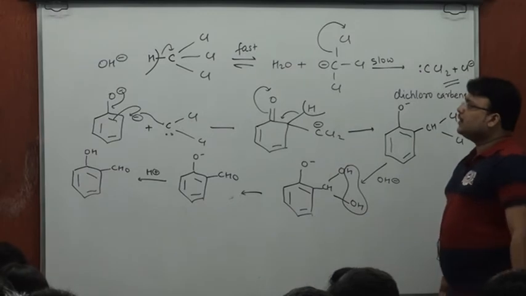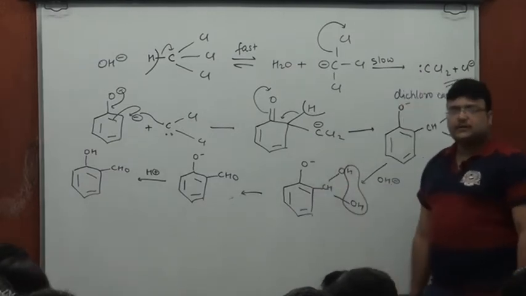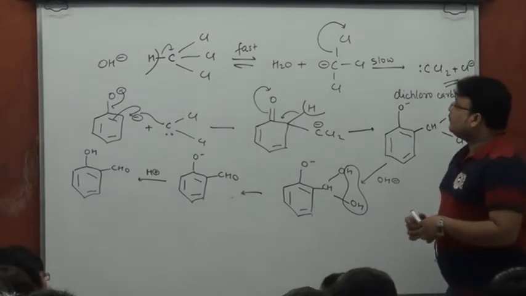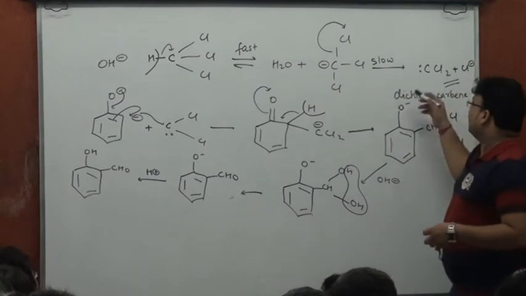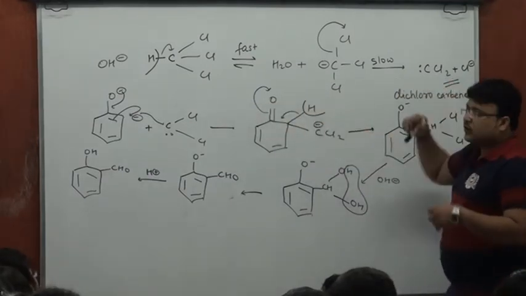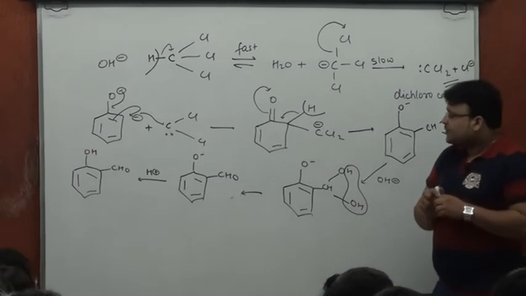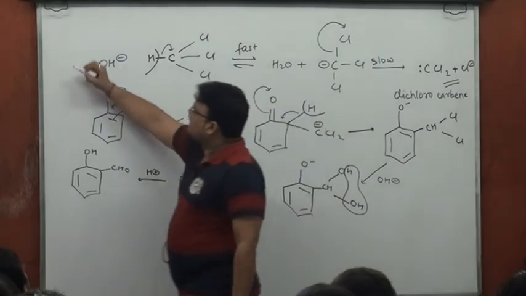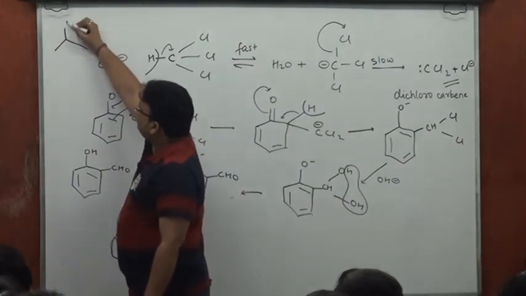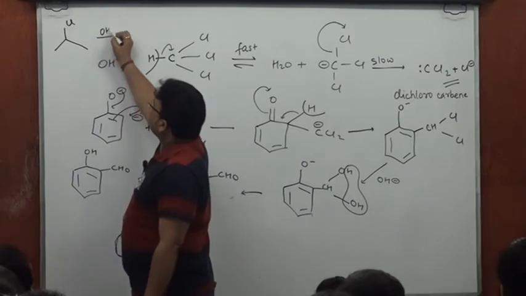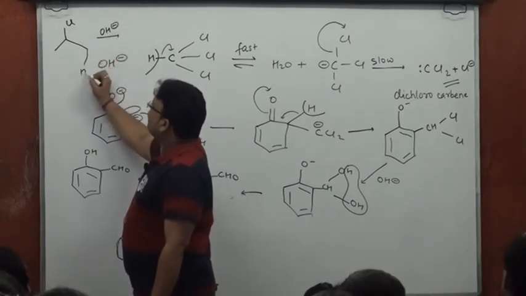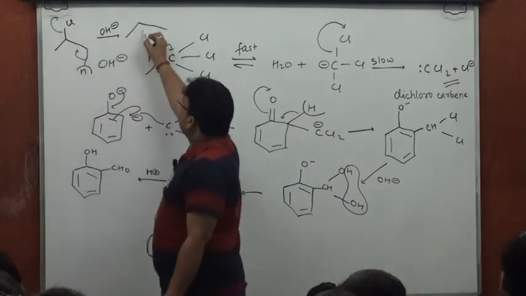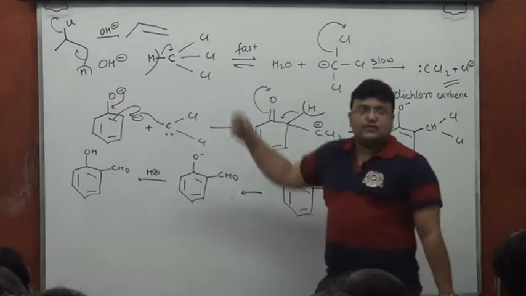One more phenomenon associated with this mechanism is that it's a particular case where effectively we find H plus going out and then Cl minus going out. CHCl3 to CCl2 is about H plus going out and Cl minus going out. Generally, we are used to an elimination of this kind. Say you have chlorine or bromine here, in presence of OH minus, you want to take out H plus from this carbon, this goes out, this goes out. We are used to an elimination of this kind.